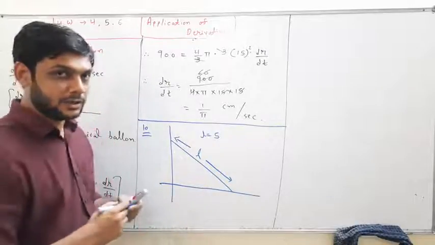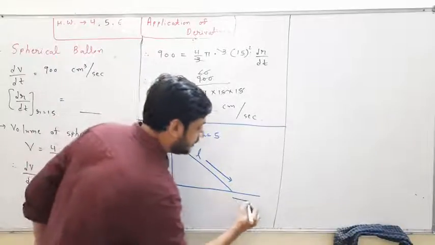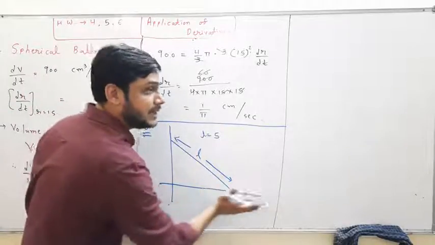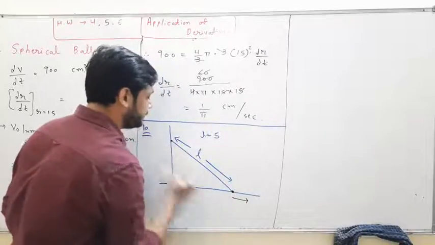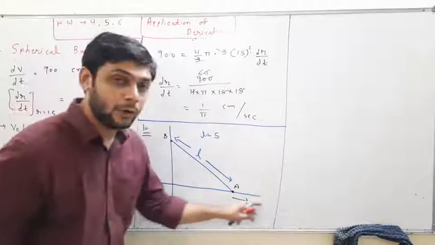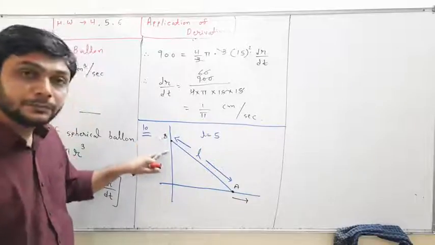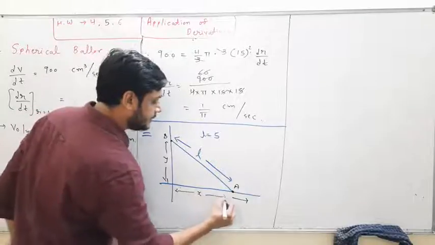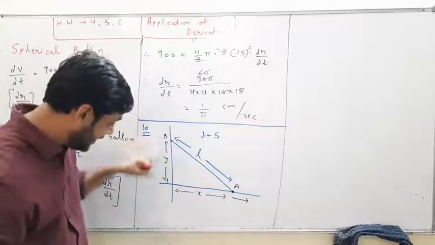L is always constant. Right, the height of the ladder will not change. Now it says that when you pull it from the down side away from the wall, these are the end points of the ladder, A and B. When I pull away this ladder from the wall, this end on the wall will come down. That length is y and that length is x. So when I take x this side, means x increases, then y will come down, means the value of y will decrease.